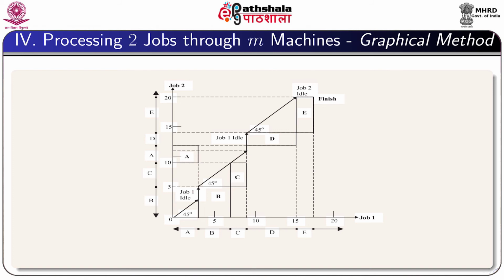But since moving horizontally and vertically will not give the optimum path, we will first follow the inclined path and then we move a little bit vertically to the upper left corner of the block B, and from there we again follow the inclined path, making an angle of 45 degrees with the horizontal line,